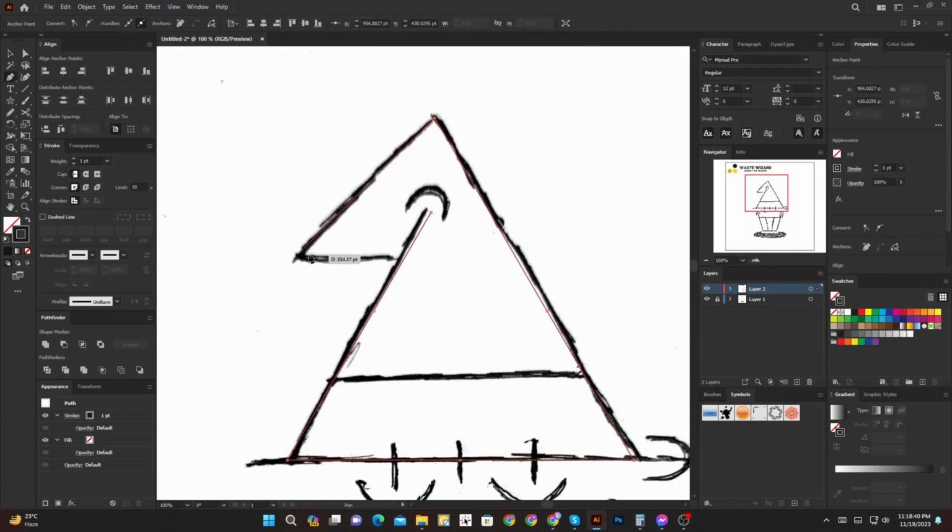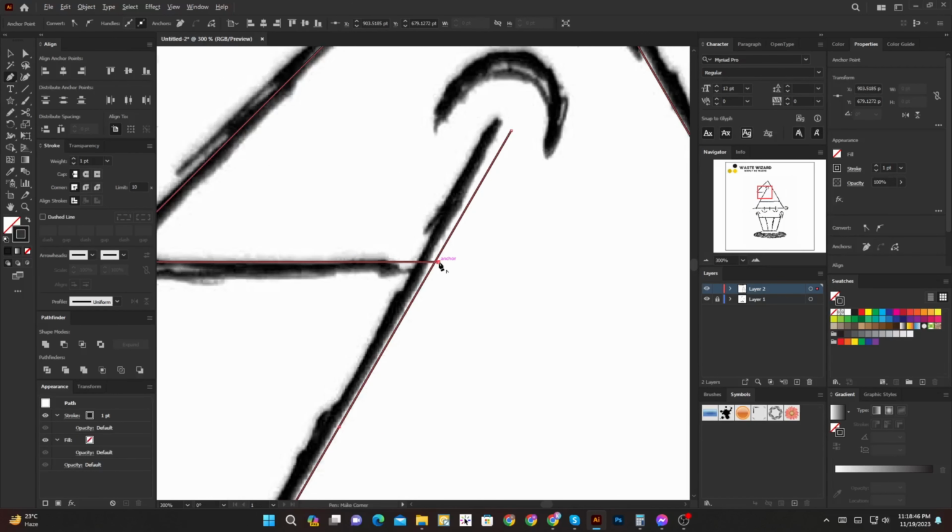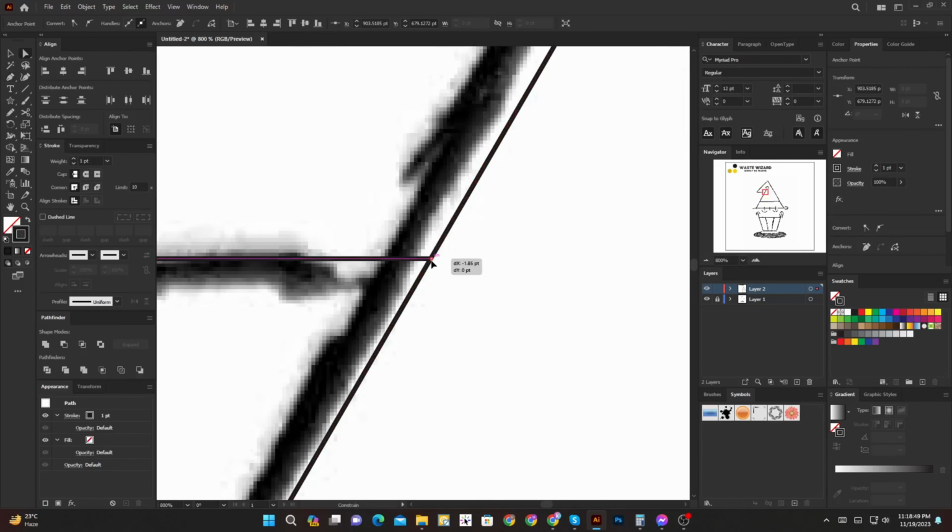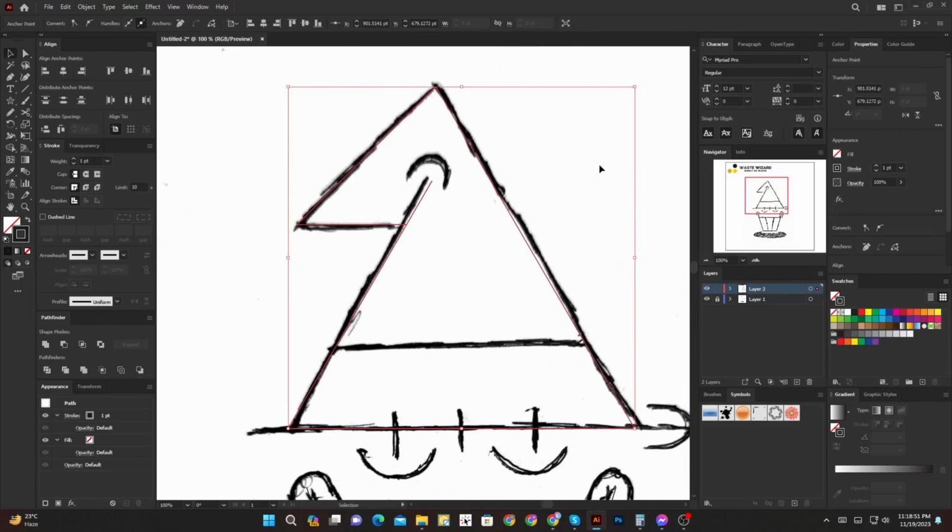Now, you use a pen tool. Now it's some stroke.